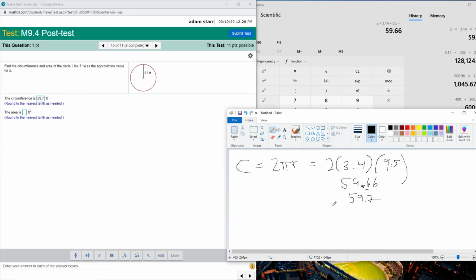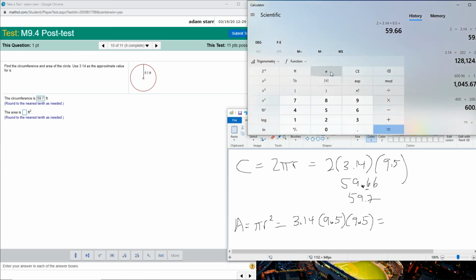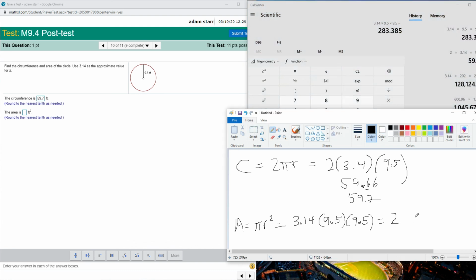Okay, and then it's asking for area. So area is pi r squared, 3.14 times my radius, 9.5 times another 9.5. It's squaring it. Again, these are decimal points. Excuse me, I'm using a mouse to click here. So 3.14 times 9.5 times 9.5 is